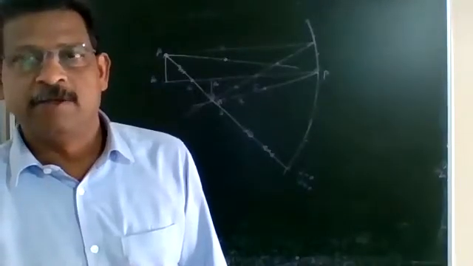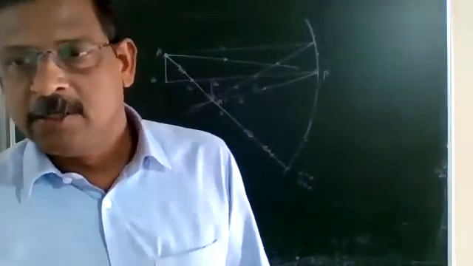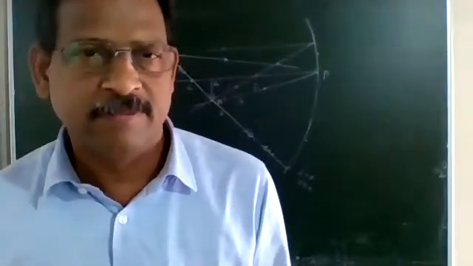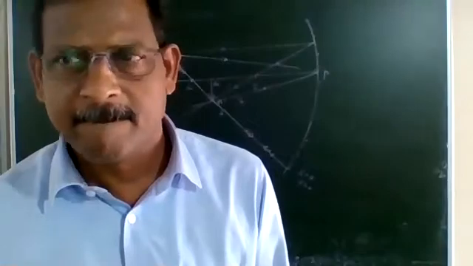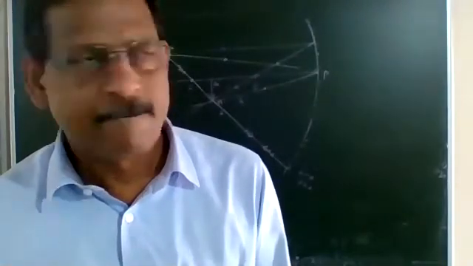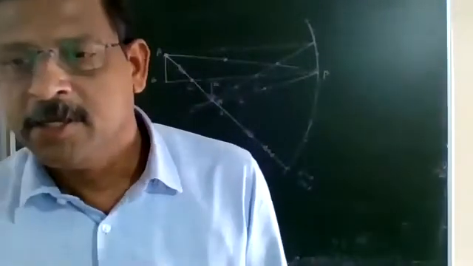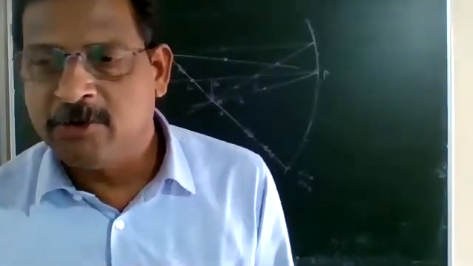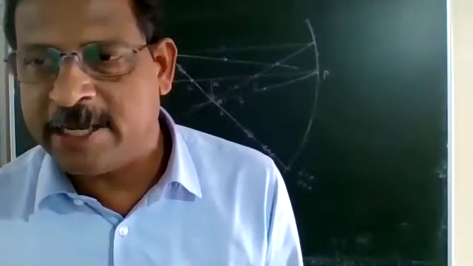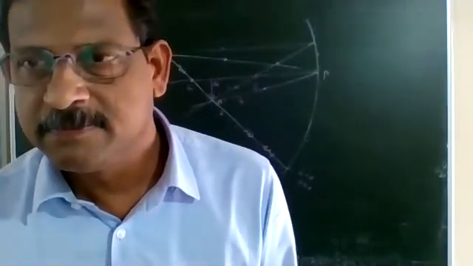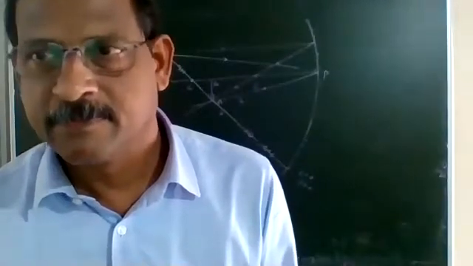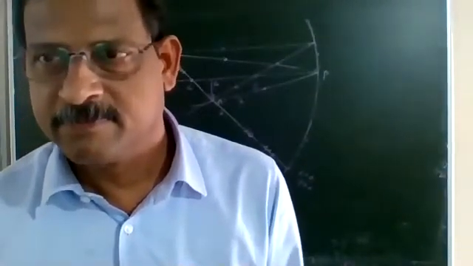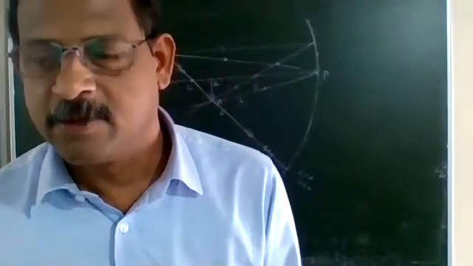So we have to derive the mirror formula. Parth Sharma, can you give me the equation of the mirror formula loudly? The mirror formula is 1 upon f equals 1 upon u plus 1 upon v. Okay. Praveen, can you tell me the meaning of u, v and f? u is the distance of the object from the pole of the mirror, v is the distance of the image from the pole of the mirror, and f is the distance between F and P of the mirror. Okay, very good.